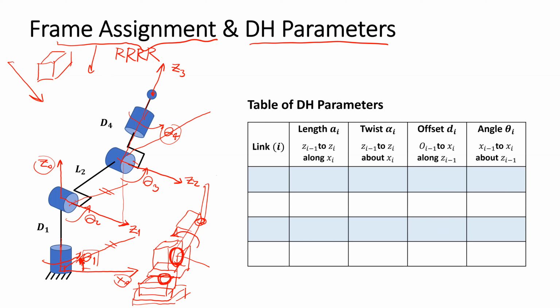The rotation of theta 2 will elevate the second link, and theta 3 also elevates the link, and theta 4, the role of theta 4